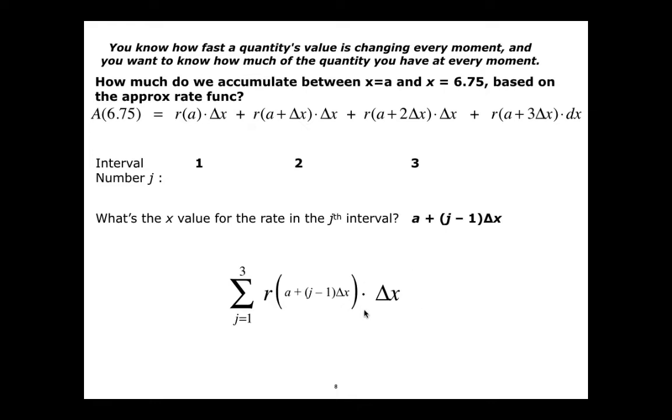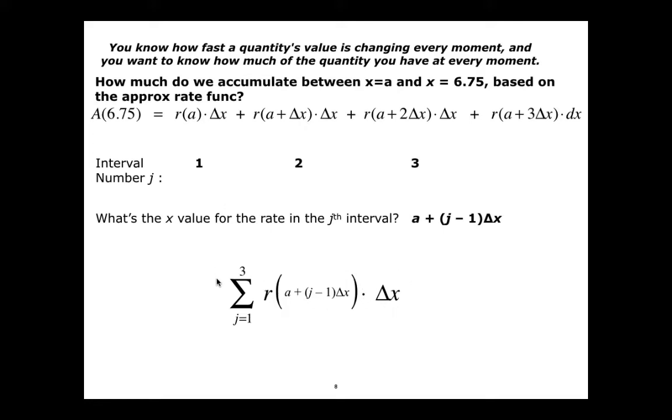This delta x out here is the other part of the expression, because to measure accumulation, we do a rate times an amount of time that we use that rate for. So this is all the rate, this is the m, and this is the dx. So m dx, that rate times time sort of expression, this is the times time. We're using delta x twice, one to determine an x value that we're at along the x-axis, and one to multiply by our rate. So that's why we see it twice here. I wrote it smaller inside so you can see they are 2 different ones. It's not delta x times delta x. I've got a rate